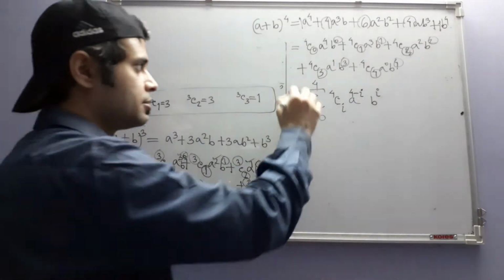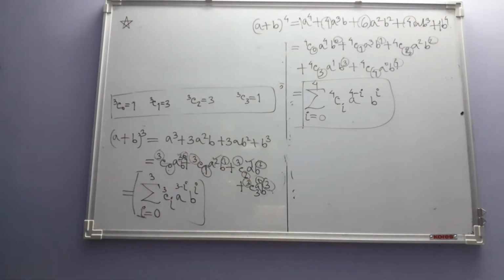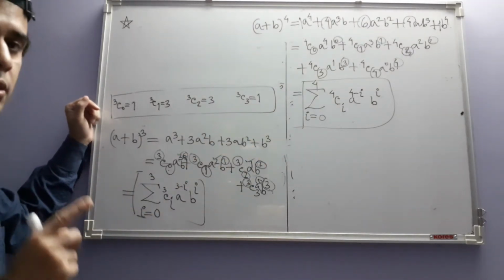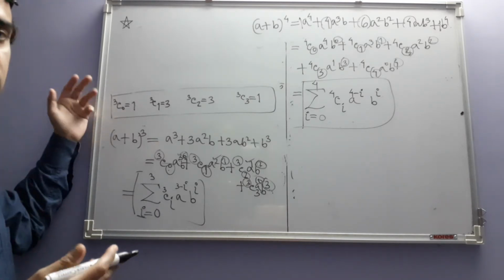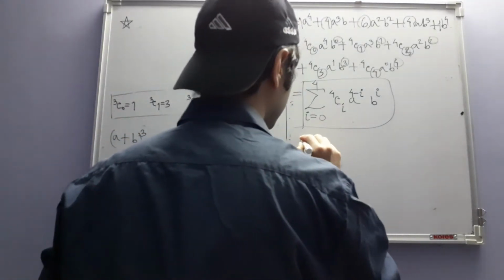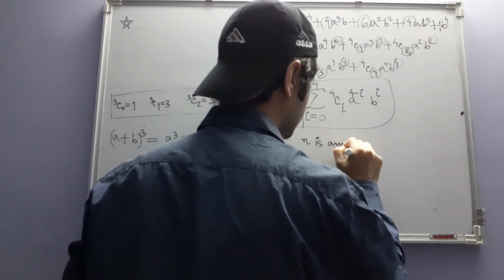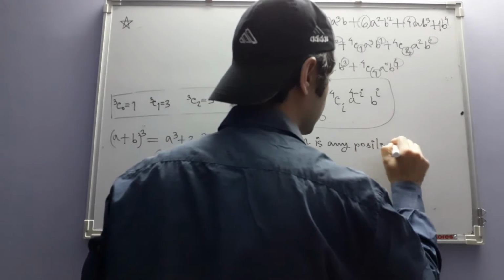Now you look at these two formulas. We clearly see that there is a general pattern, and the general pattern is now apparent from these formulas. If we have a general positive integer, n is any positive integer,